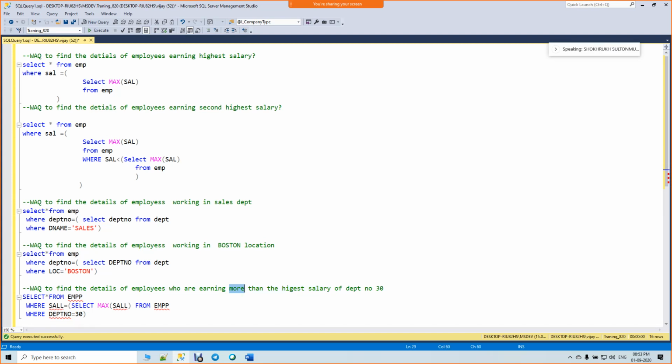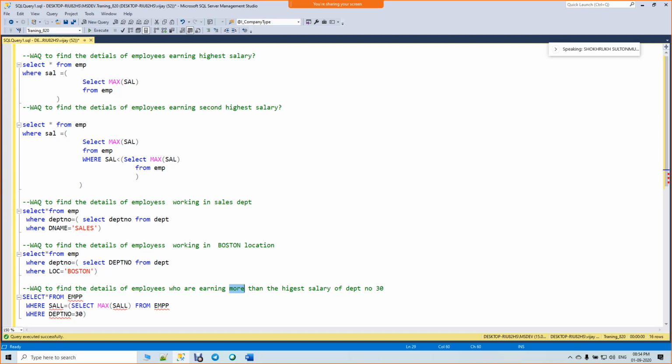I was just working on another story. I didn't get the point exactly. What is the higher salary? If the higher salary is the higher salary, then how can any salary in department 30 be higher?